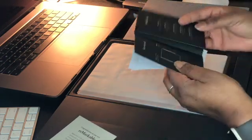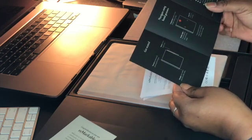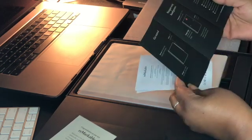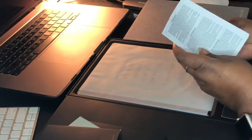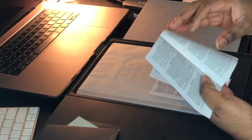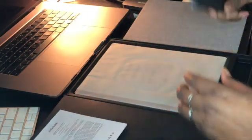So here is the quick start guide. Just how you get it turned on, how you get it into the cover, and all the benefits of having a reMarkable, and then more paperwork in all different languages. Okay. Then we have